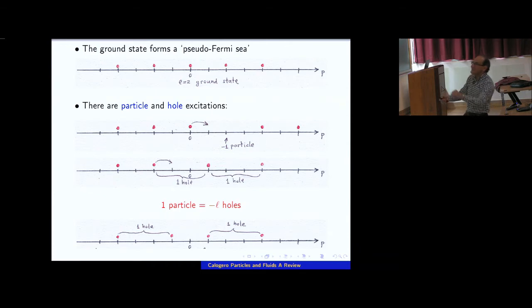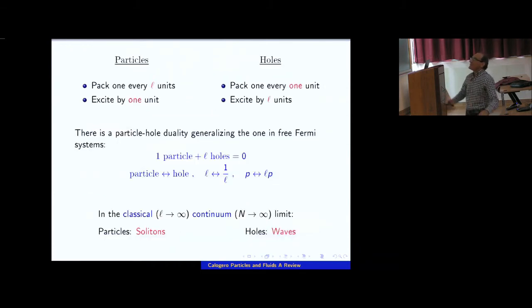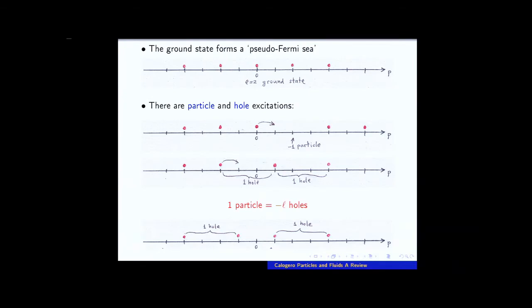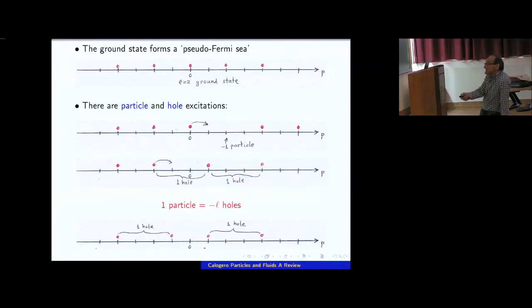You can see it again by these local changes. So although they look fat, they are actually occupying only 1 unit when they pack, but when they are excited, they can only be excited by L units. Let's see how that is from this picture. Let's say that you have this hole and you want to excite it. How do you excite it? You want to move it to the right. You cannot move this particle to the right because the Fermi sea is filled here, so you would need to move this particle to the right. That you cannot do either. So you move this over there and that over there, and you see that this hole has moved by 2 units.